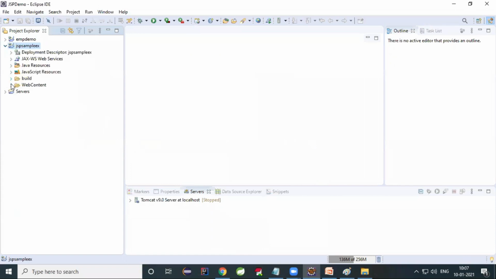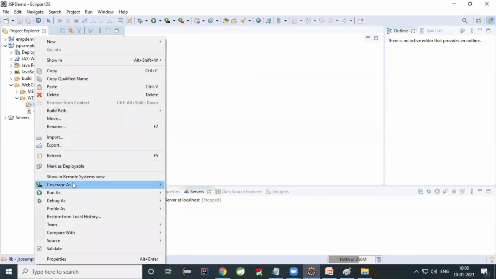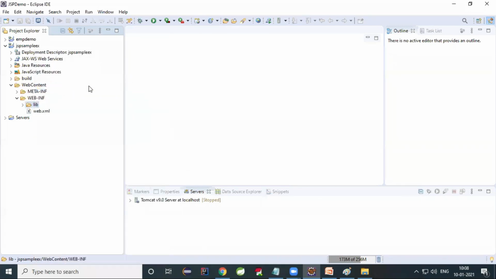Expand it. Go to WebContent. There you can go to WEB-INF. There you can see lib. Right click, paste it. The main advantage of jar files is that they give support for your JSP and servlet. So these 2 files we have to import. Otherwise, we will not get the permission to work with JSP. Now here in Project Explorer, you can see 2 folders: one is Java Resources, the other one is the WebContent folder.